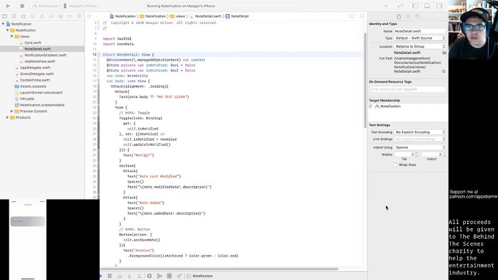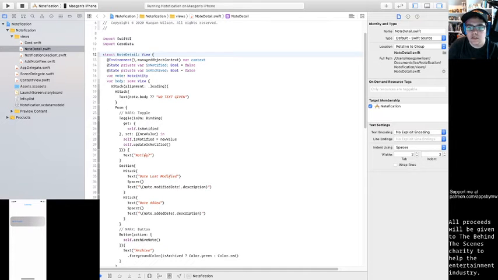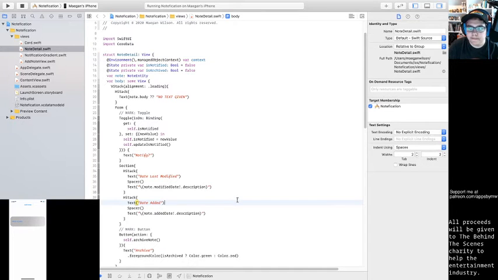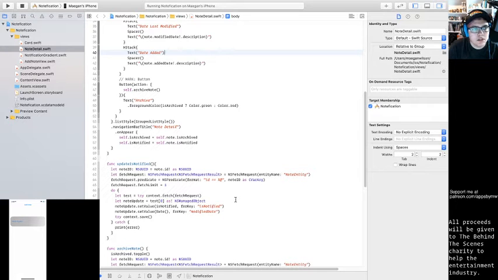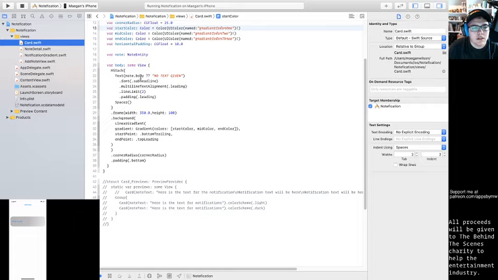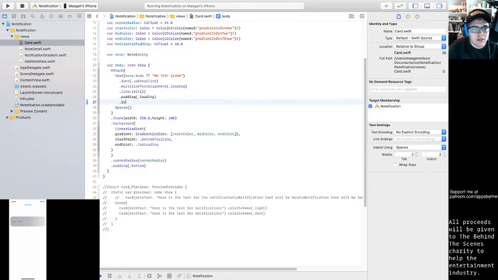So let's do that. To do that, we need to go to notification card. Now in here, where it says text, that is what we're reading. So that actually needs to have a foreground color. And we'll do a color dot